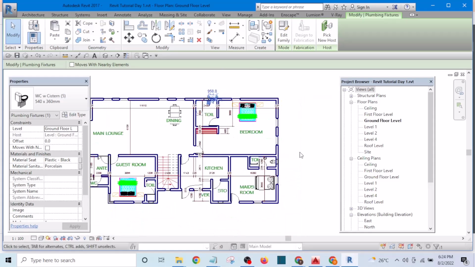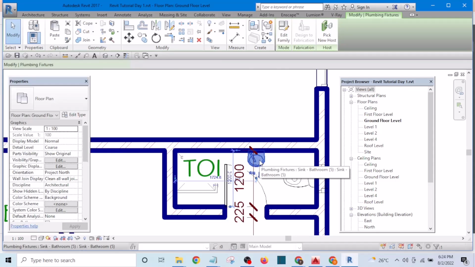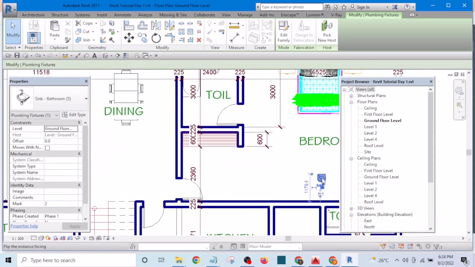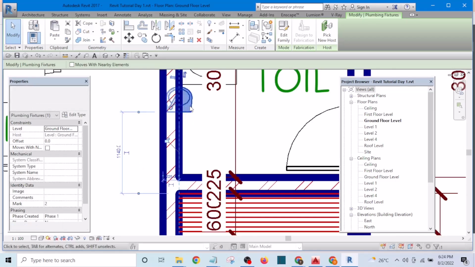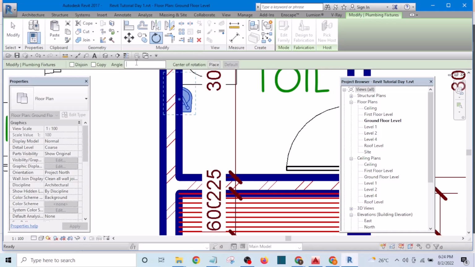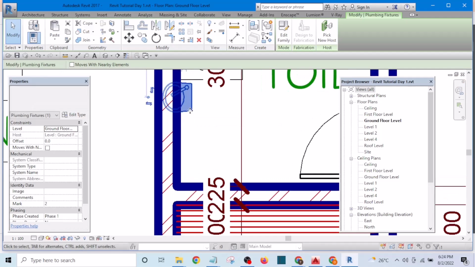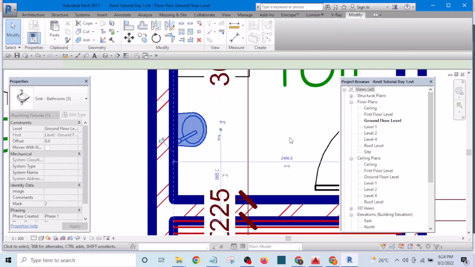Okay, then I need wash hand basin. Select this wash hand basin and use Control to copy it, then drag it and position it here. Okay, let me rotate it by 90